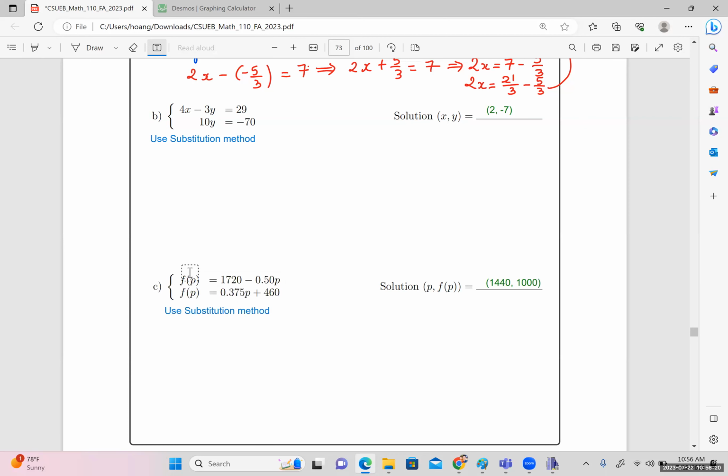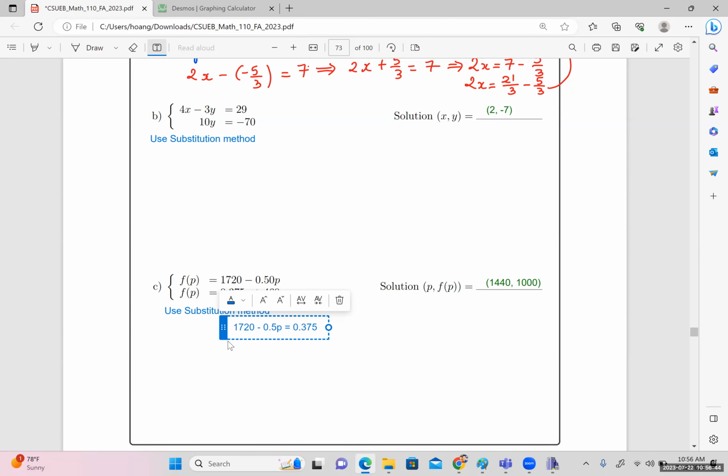Both of them actually have been isolated already. You can just substitute 1720 minus 0.5p into the f(p) here, the second one, and you're going to end up with an equation that's 1720 minus 0.5p equal to